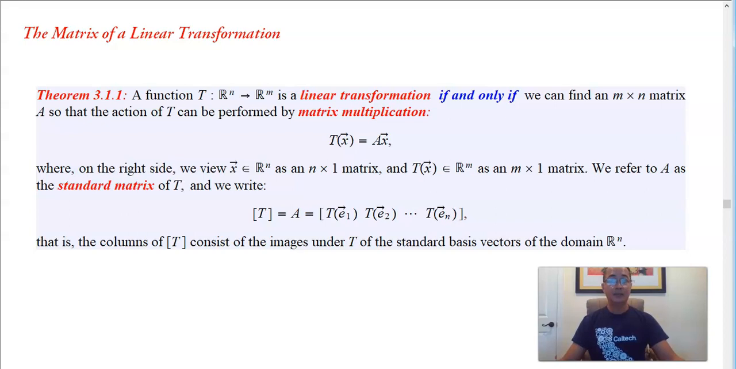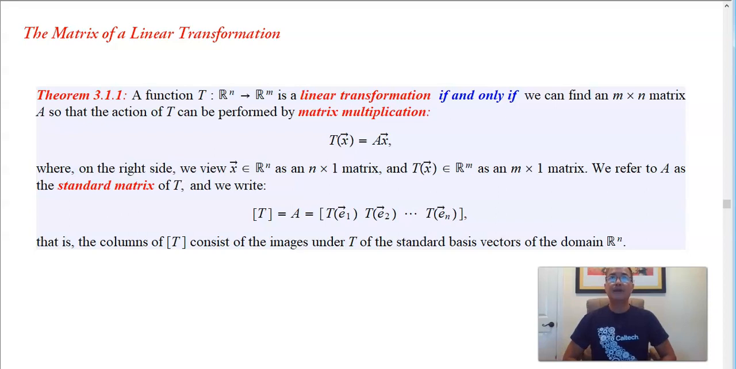This is a very important theorem, and it tells us that basically every linear transformation can be represented by a matrix, and conversely, if you are looking at a matrix, then you're actually looking at instructions on how to create a linear transformation. So, this theorem says that a function T from Rn to Rm is a linear transformation if